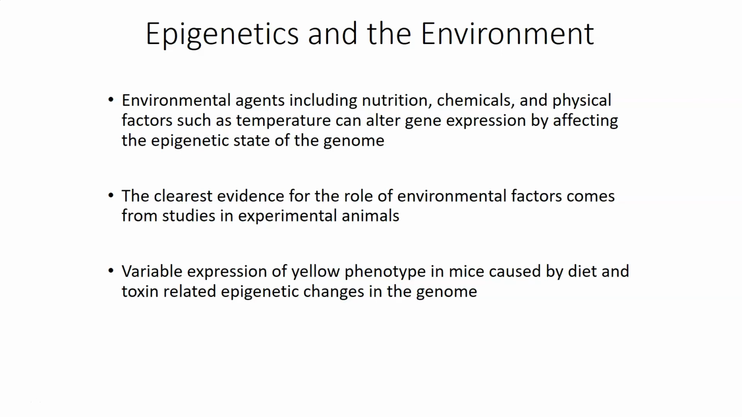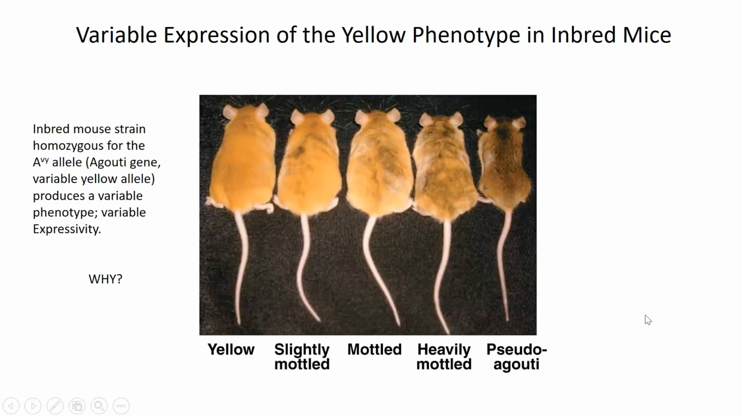So I chose one example, a classical experiment which was done in mice. And this looked at changing the diet in the mouse to see if there are any epigenetic changes that occurred as a result. So here's the setup of the experiment. This experiment used yellow mice, and we've talked about yellow mice before. If you remember, yellow mice is an allele of the agouti gene, and yellow mice